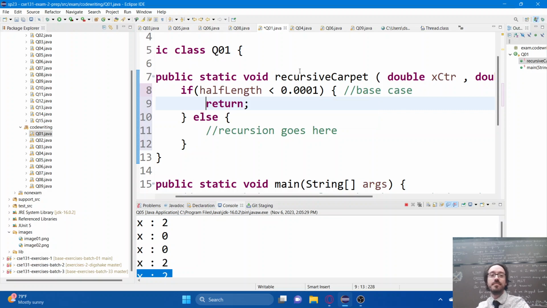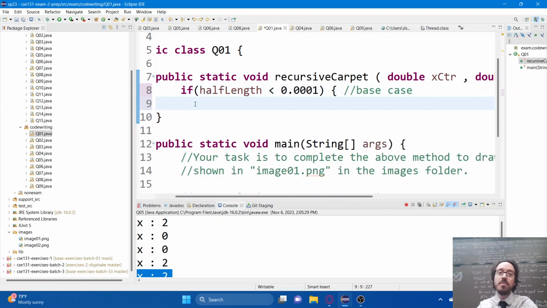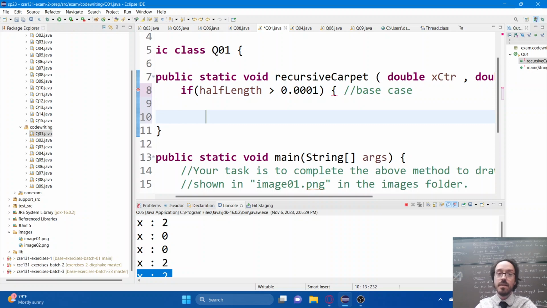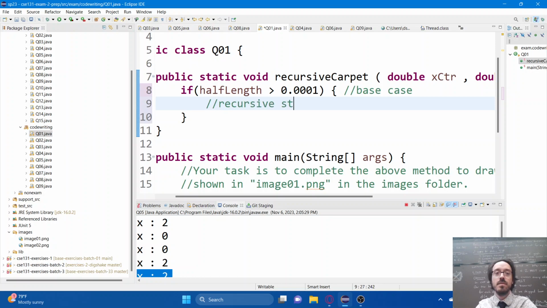I do think, though, it's interesting. If there truly is no more work to be done here, this could be rephrased a little bit as well. In fact, I would probably be more likely to say something like this. If the half length is bigger than this, then do some recursive stuff. If the half length is less than this, well, then I'll just skip over all the recursion and do nothing,